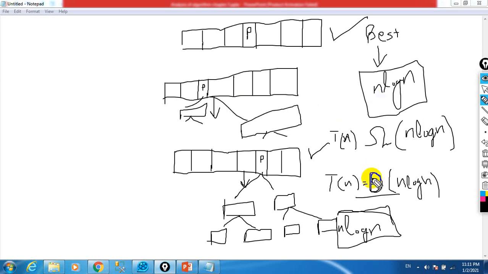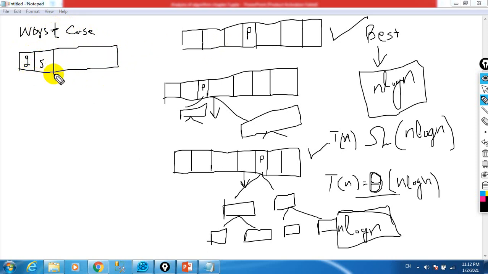Okay, so best and average case of the quicksort algorithm. So now what we have is the worst case. So the worst case of the quicksort. So when the array is already sorted, for example 2,